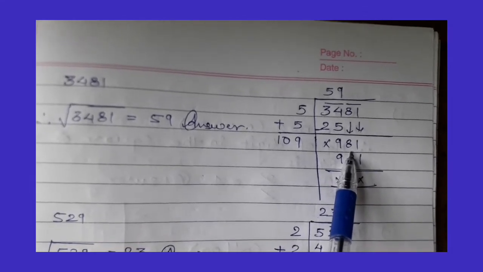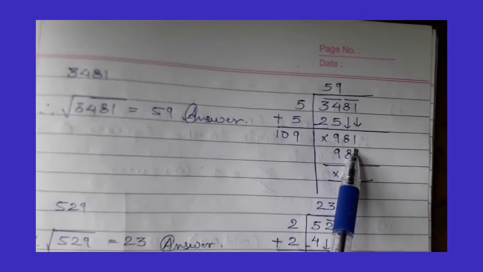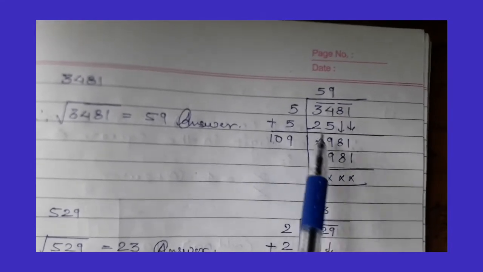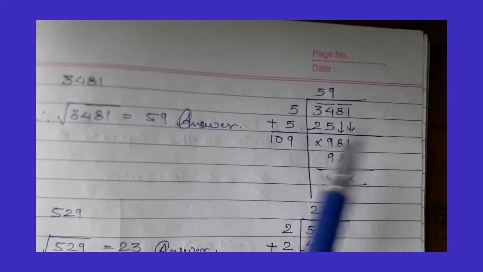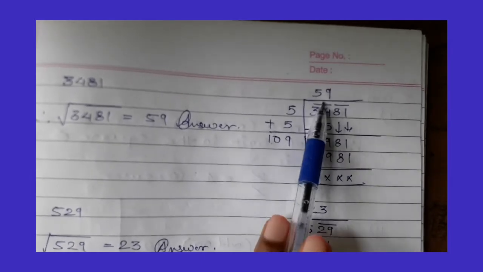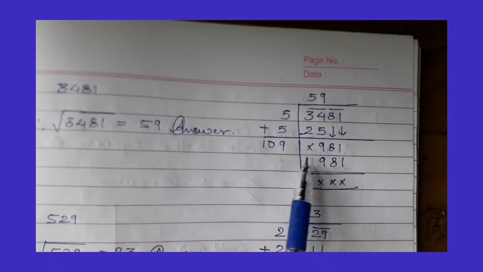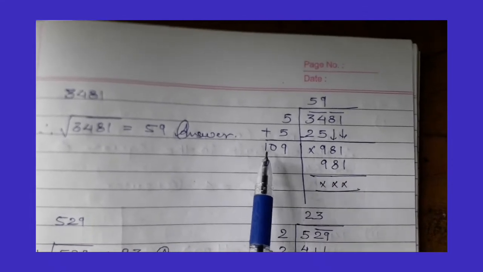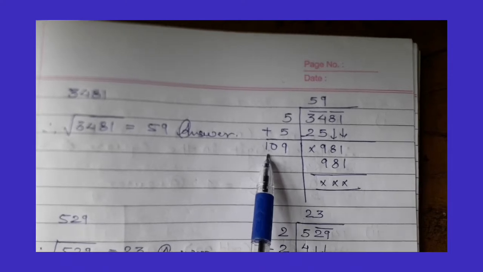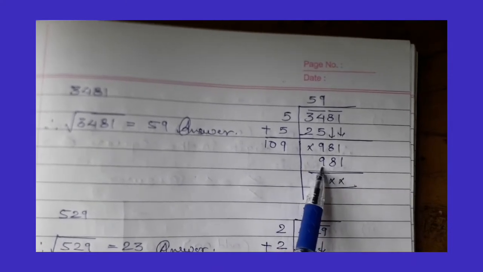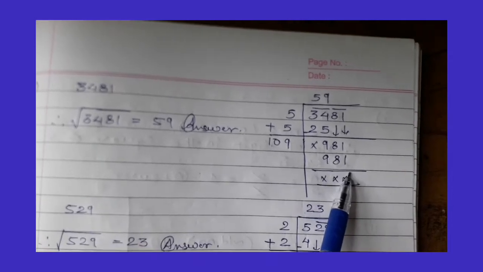So this is 981. So here you can see 1 is there, so 101 multiply by 1, we'll get 101. And what number can we take? 9 9s are 81. Okay, again units place has 1, so we can multiply this also. So when I multiply this 109 by 9, I got here 981.